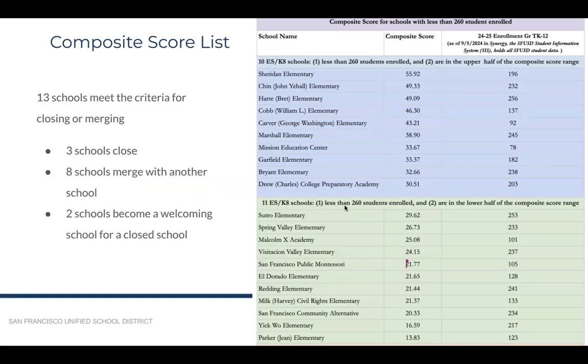The 11 schools in the green section are potentially closing or merging together because they have low enrollment and have the lowest score. 咁而家呢個名單就係受影響嗰啲學校。下邊綠色嗰啲就係可能一係合併，一係關閉嘅小學，因為佢哋招生人數低，同埋成績又偏低。